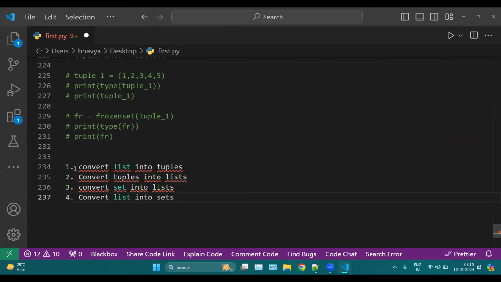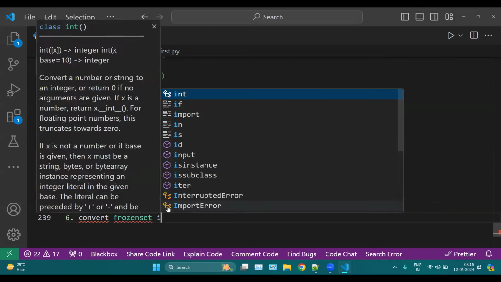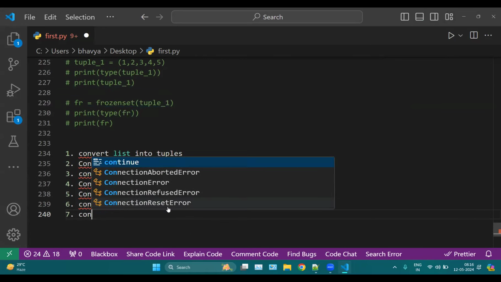And fourth, convert list into set. And then fifth, convert list into frozen set. And sixth, you can even convert frozen set into the list. Like here you can first convert frozen set into list. Same as you can do with the tuple. Seventh, you can convert